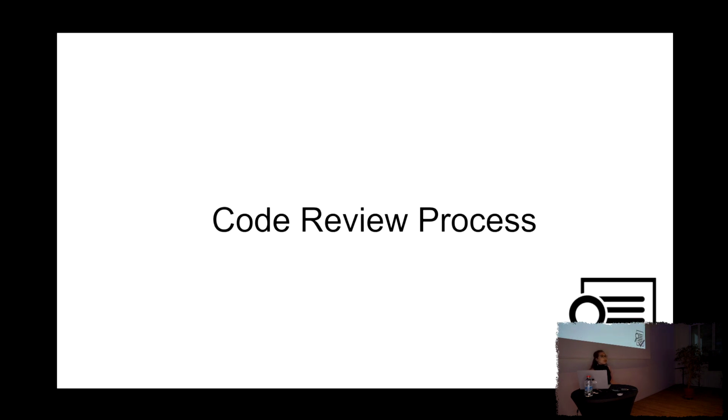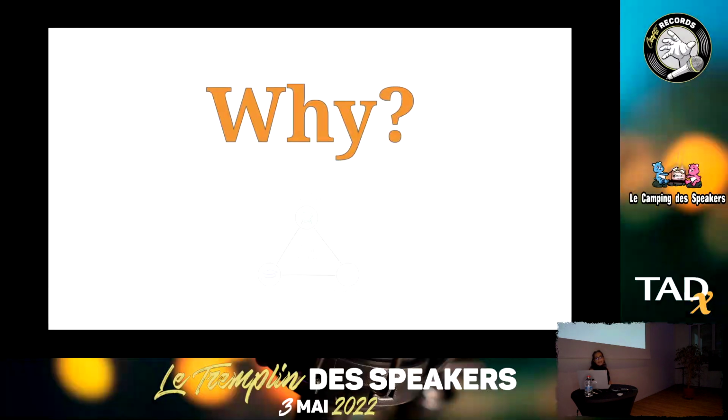Let's dig into more details on how we can have an effective code review process. As a team, before implementing any code review process, we should answer a few questions. The first question is to understand why we are doing the code review. I believe that most developers think that code review is really a waste of time: as long as I'm implementing my functionality and it passes all the tests and it works, why don't I merge it to the main branch and we move on? Why do I need to waste my time?